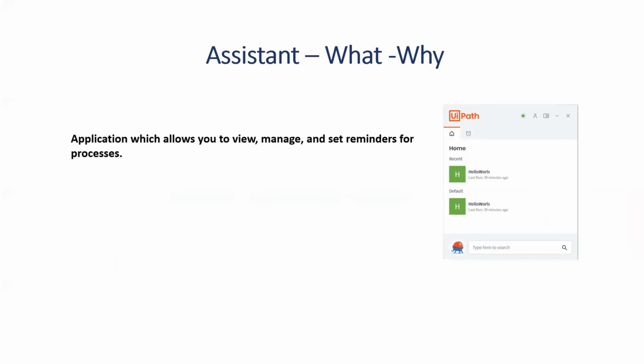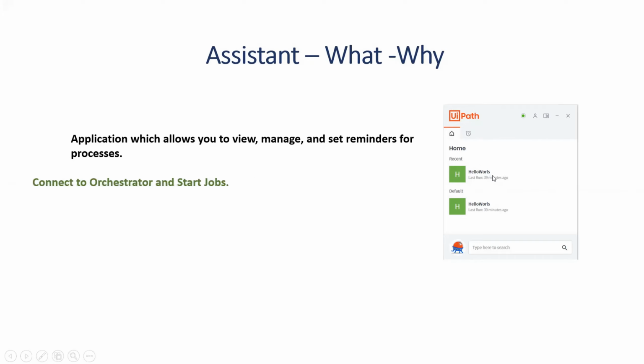This guy, UiPath Assistant, or somebody calls it UiPath Robot also. In the previous version, when UiPath launched it, it was also called UiPath Robot. So in your automation world, you might hear robot from me also or from someone else also. So if you go to this forum, there somebody writes robot. So that is nothing but the assistant only. Okay, so this allows you to manage and set reminders and view the processes. So this will tell you what all processes are running. So if you will see, this is a process of Hello World, which was last triggered on this machine 39 minutes ago, this guy.